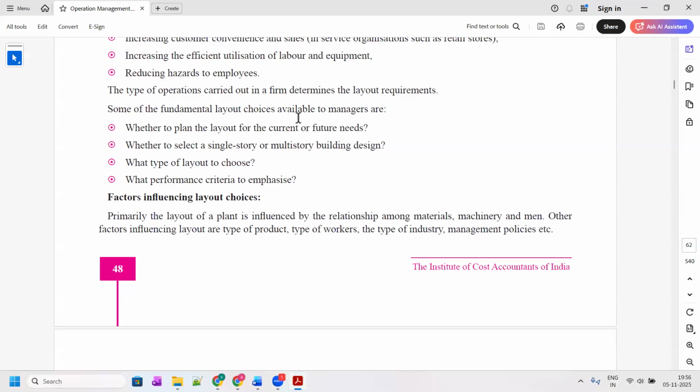Because with each story, you need to incur more capital expenditure, not cost of production, but initial cost of setup of everything. So those are also parameters they need to think about, what type of layout they should use. Should they use process layout or product layout, or what kind of layout can they use? Talking about which performance goal is more important for them, should they think about the current needs or the future need? Should they think about cost, speed, flexibility? All that should be considered,